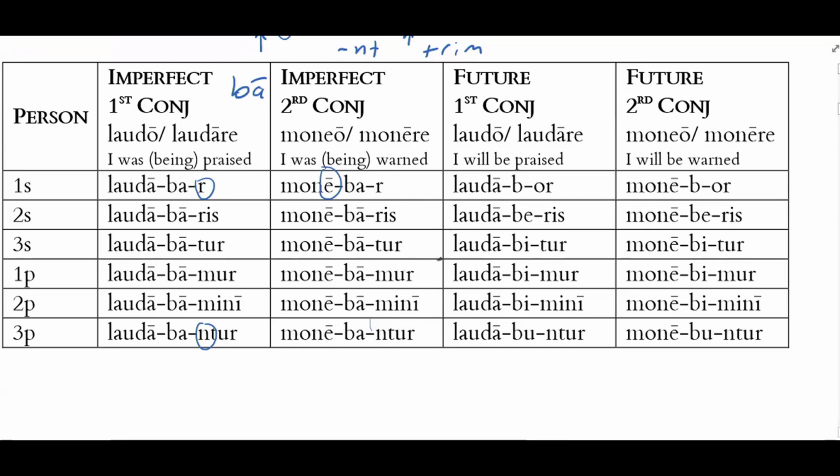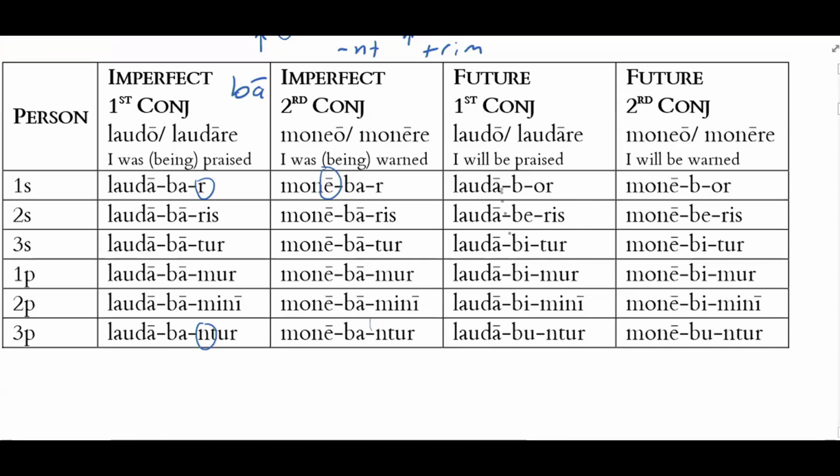Okay. Is there any specific reason why the laudaberis has BE instead of BA? Are you looking at imperfect or are you looking at future? Well, we're not at future yet, but we'll go to future now. Okay? So for future, I'm going to translate these as I will be blanked, you will be blanked. Okay? So with laudo, you will be praised, I will be praised, and so forth. So look at what we have. We have laudabor, okay? And then laudaberis, laudabitur, laudabimur, laudabimini,